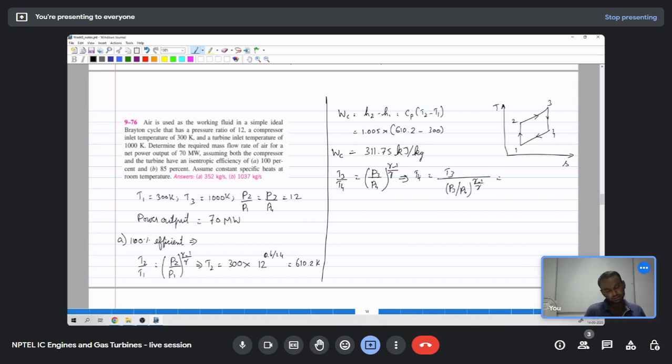Here T3 is given as 1000 Kelvin, and P3 by P4 is known, that is pressure ratio of 12 power gamma minus 1 by gamma, which is 0.4 by 1.4. So that means T4 will be